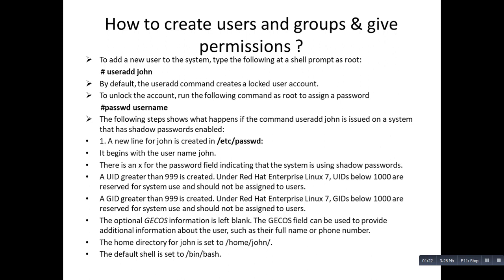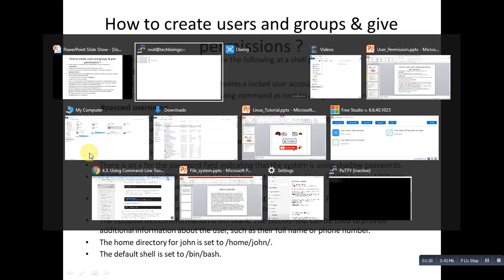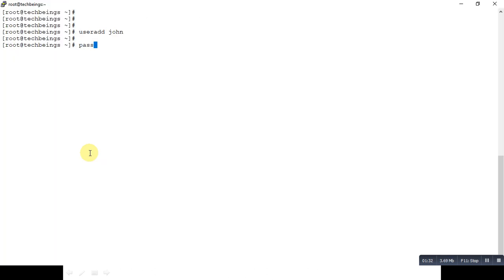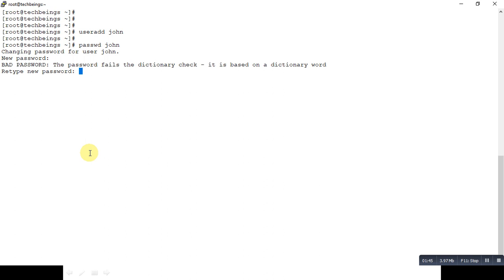The command is passwd and the username. Now I have to provide the password. So now I have given the password to the user John.